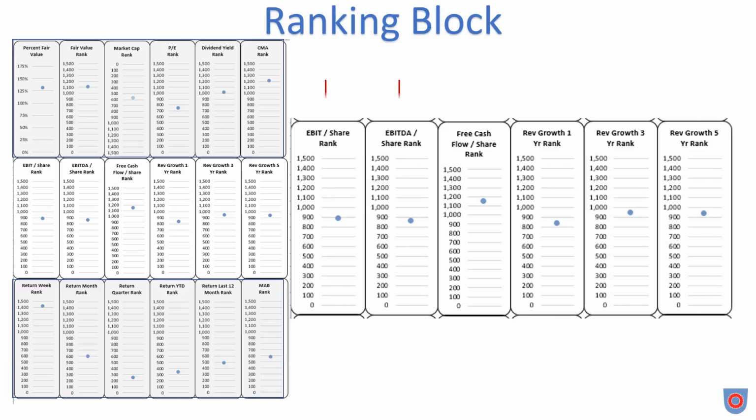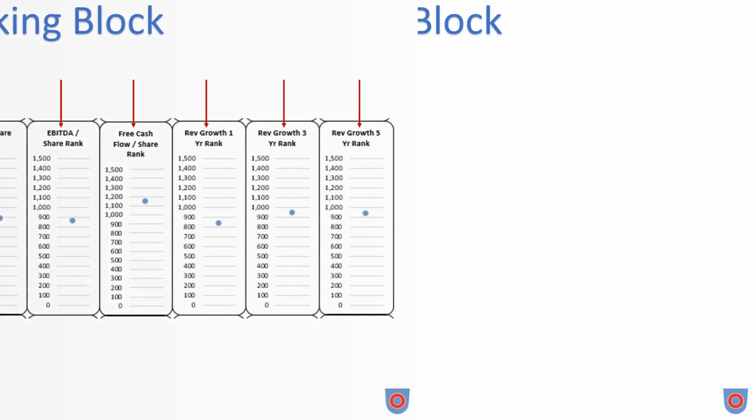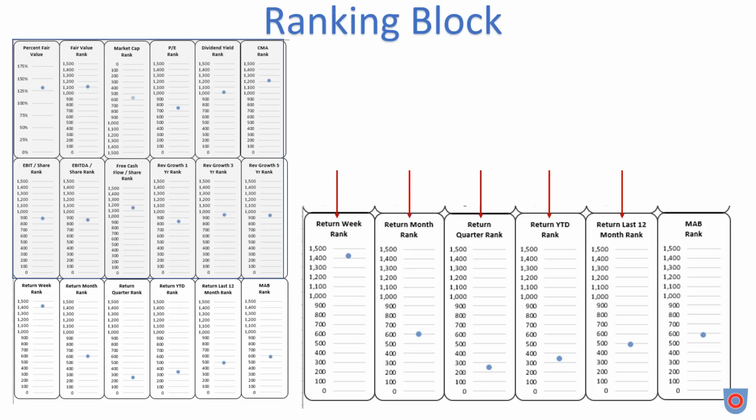The middle row of sliders focuses on earnings and free cash flow, as well as revenue growth. The last row focuses on relative rankings based on stock returns. The last slider in row 3 on the far right is a ranking of the probability the stock will be involved in a merger, acquisition, or buyout. Stocks ranked near the top of the slider are the stocks considered most likely to be involved in such a